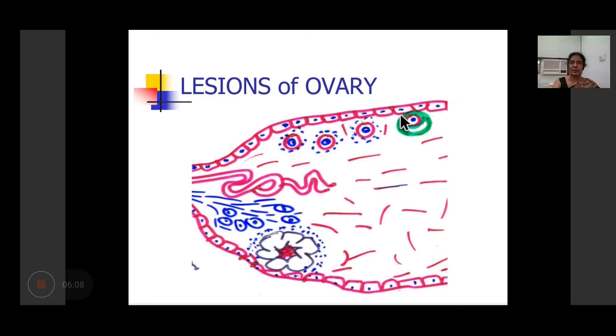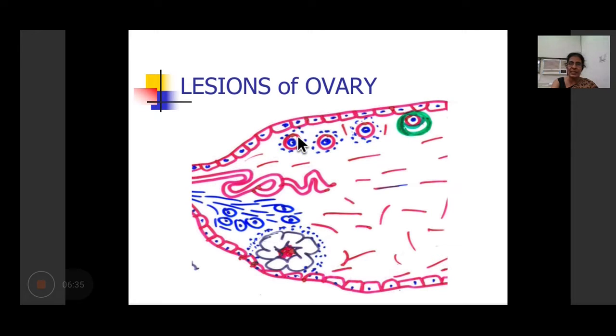Yes? All right. Fine. So as I described the first slide, it is the diagrammatic representation of the microscopic section. So you can see the surface epithelial cells, which is a thin layer of flattened or cuboidal epithelium present on the capsular side, and we can have the occurrence of surface epithelial tumor from this. So a breach of the capsule would be very important as a source of the origin.